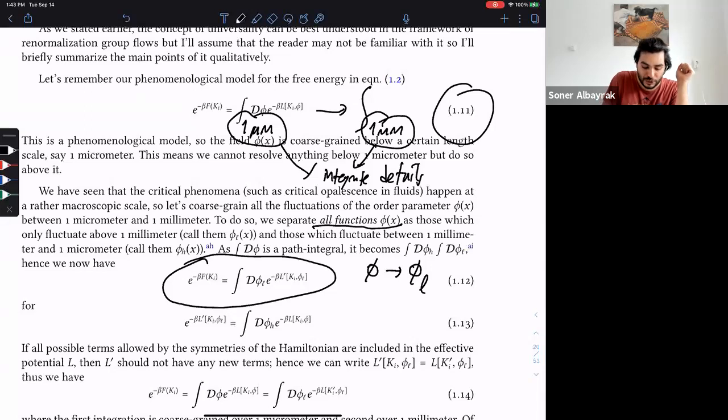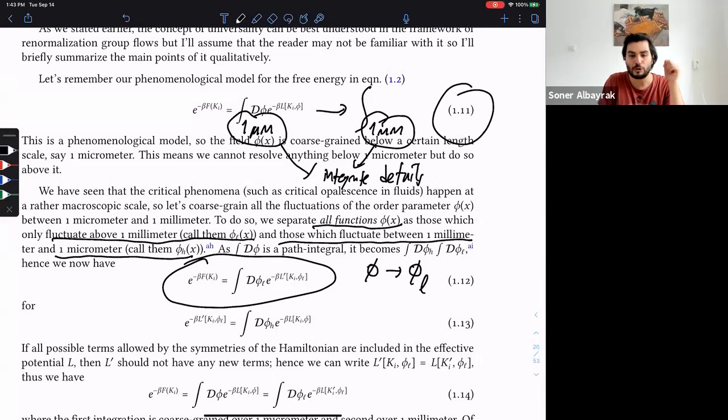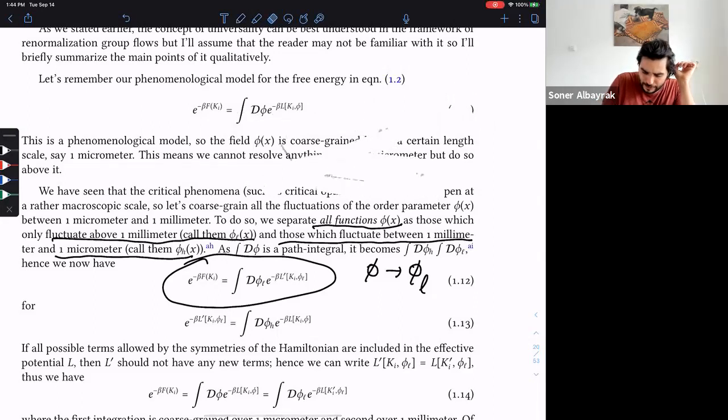Ones that fluctuate above 1 millimeter, let's call them phi L, and those which fluctuate between 1 millimeter and 1 micrometer, call them phi H. H is for high frequency, L is for low frequency. So I decompose all the functions into high frequency ones and low frequency ones, the ones that fluctuate rapidly, below 1 millimeter, and the ones that fluctuate slowly. And I integrate, I get rid of all the high frequency fluctuations. Everything is mathematical here, by the way,